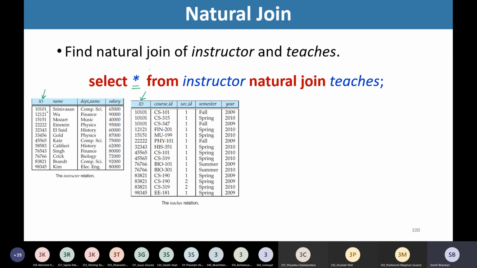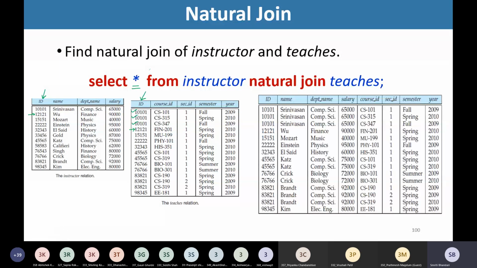So 10101 is matched with this, this and this because there are three tuples here. This 12121 ID of the instructor is matched with this 12121. Only one tuple is there in teachers. So this is how whichever IDs match are joined. See here how natural join is producing the result.